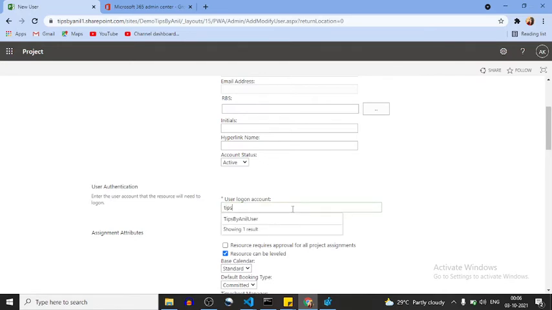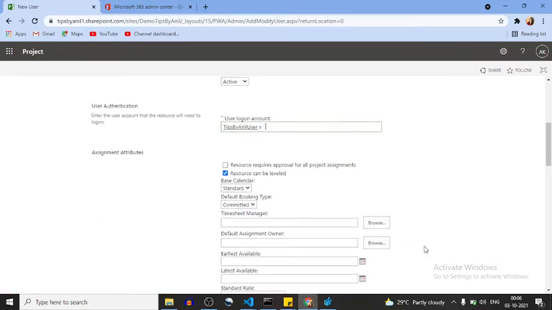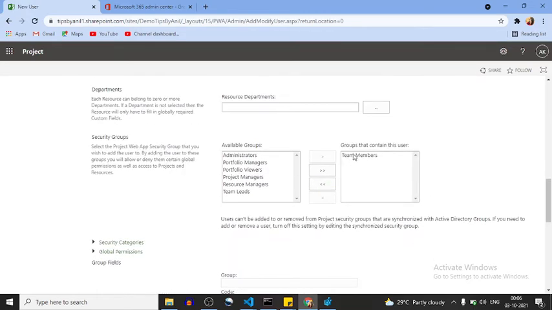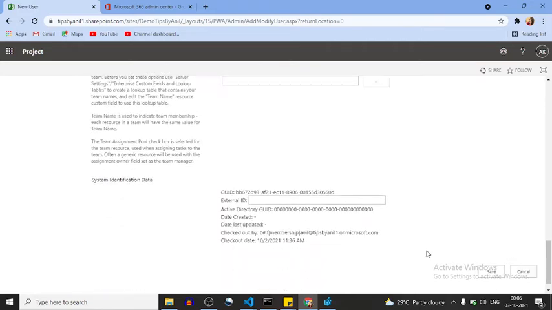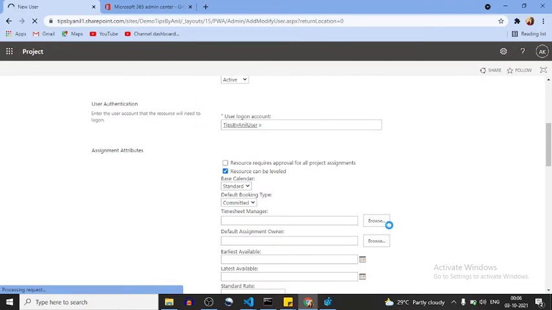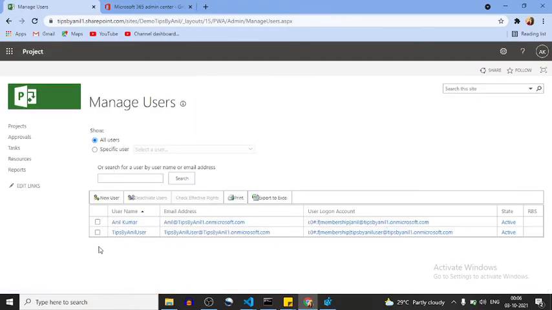So here we can see the tipsynl user. Now here this is the team member. Click on save. Alright, so now finally we have created the user.